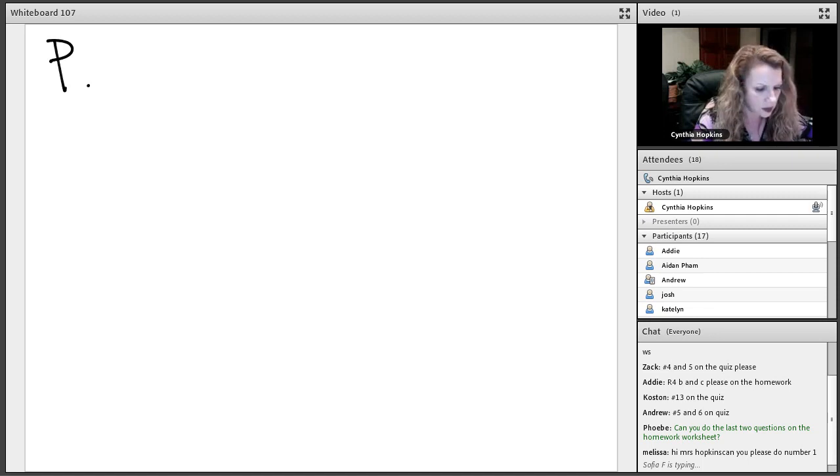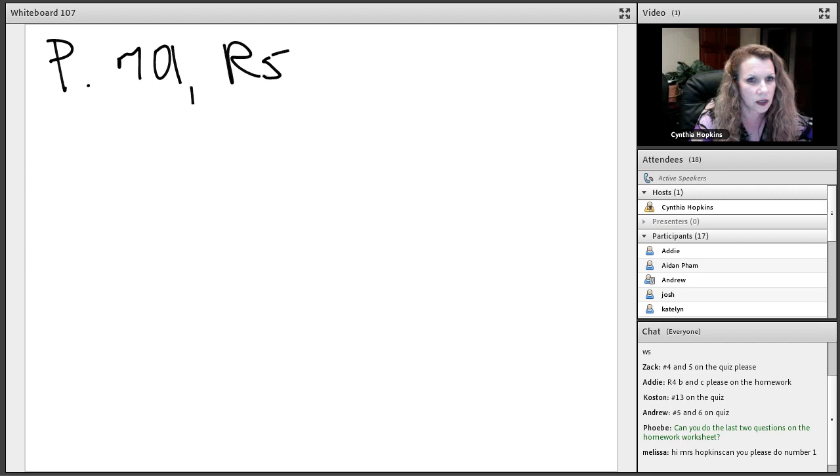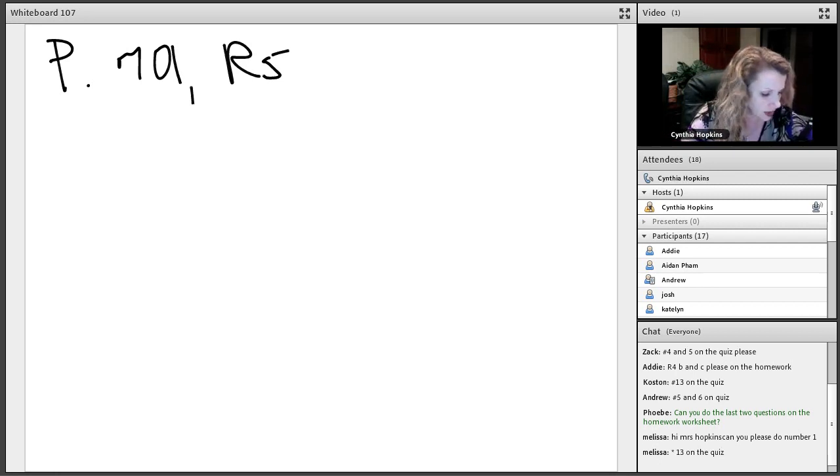All right, this is on page 701, R5. Okay, so it says that we have 5 marbles that we're selecting from a bag without replacement. That means once we select one of the marbles, we don't put it back in. And the bag originally contained